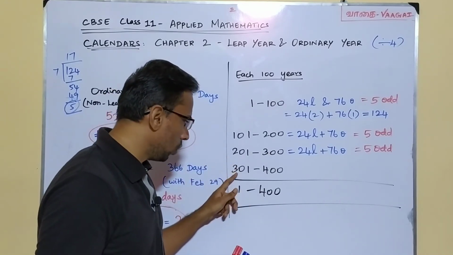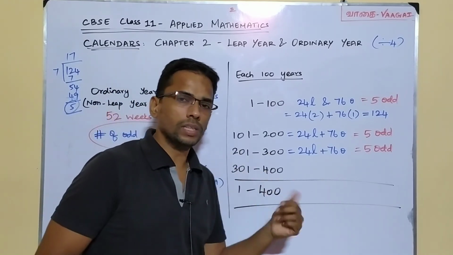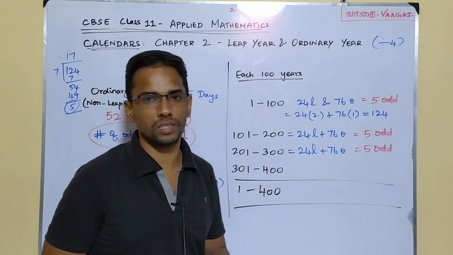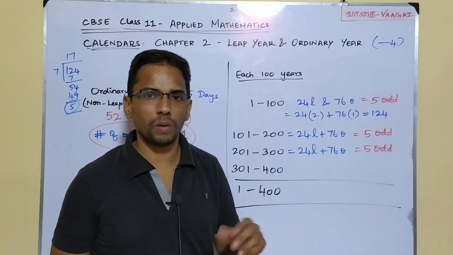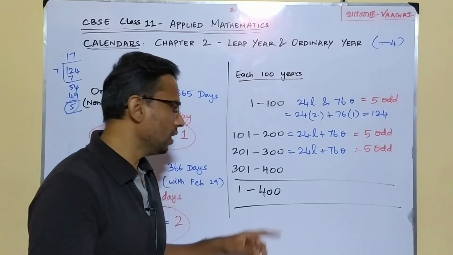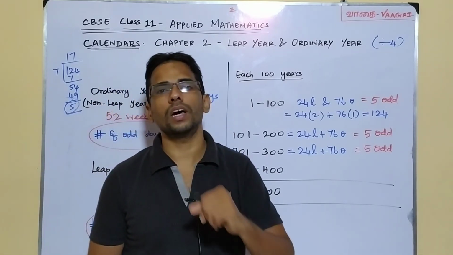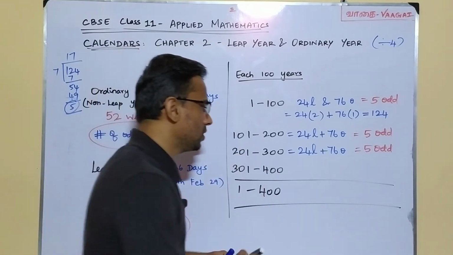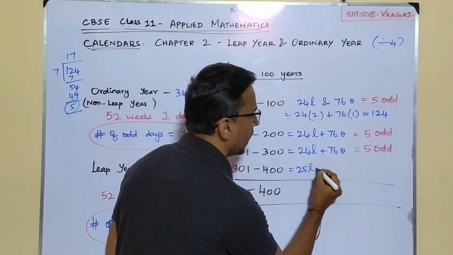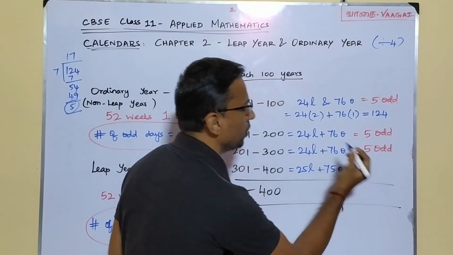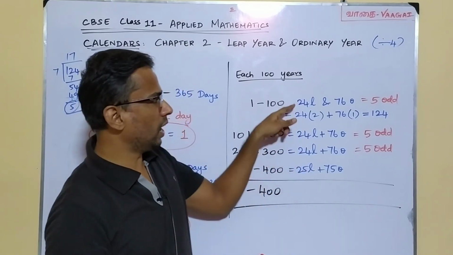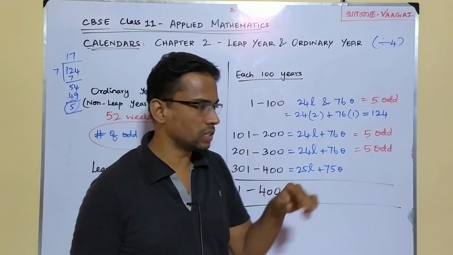Then now come to this next set of 100 years, I mean like 301 to 400. What happens to this set of 100 years? Here we have to see how many leap years and how many ordinary years are there, right? So can you think of what happens here? Here also you would have 100 years, but this time we should be very clear. This year number 400 is a leap year. So in that case, you will have all those 25 years to be leap years and the other 75 years are going to be ordinary years. Okay, this is quite different from the first 3, because there you had 24 leap years and 76 ordinary years, the same thing.